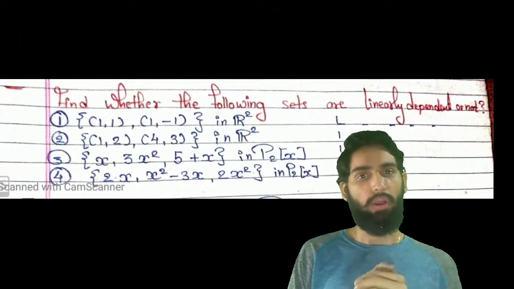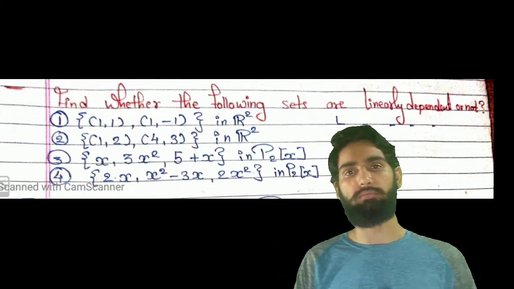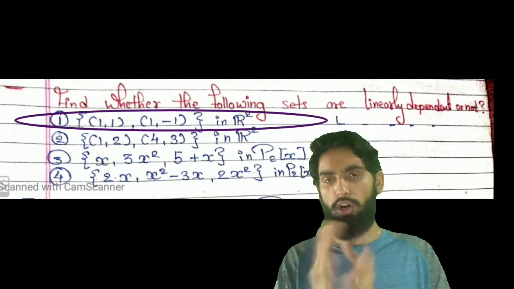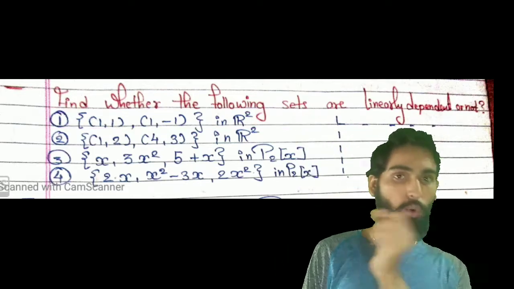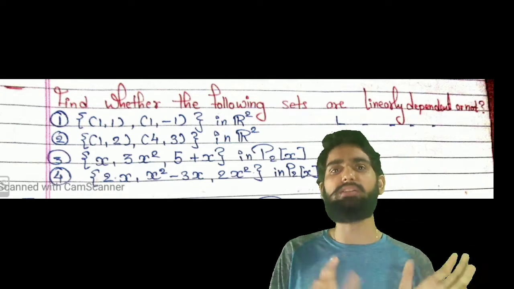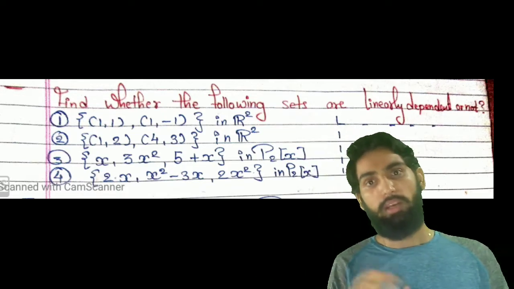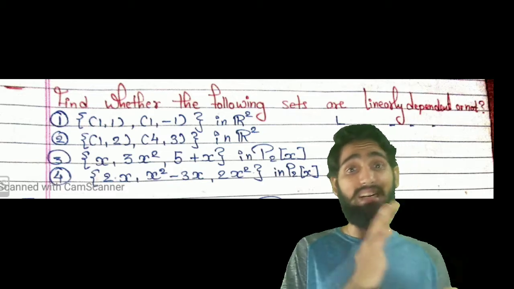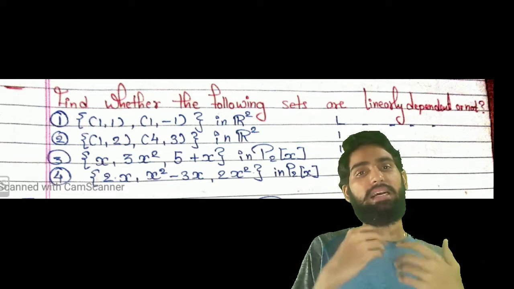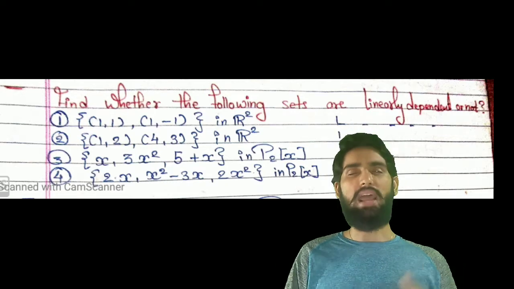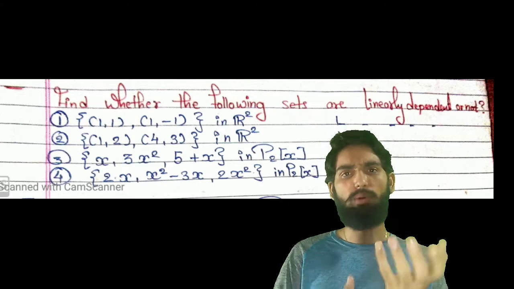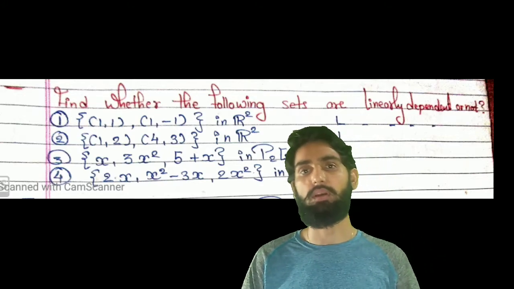Okay, so I'll give you the hint for the first question. In the first question, you want to check whether it is linearly dependent or not. One note before starting the hint: if the given set is linearly dependent, we will write that the given set is linearly dependent. If the given set is not linearly dependent, then we call it a linearly independent set. And actually we are more interested in linearly independent sets. You will see why in the later lectures.